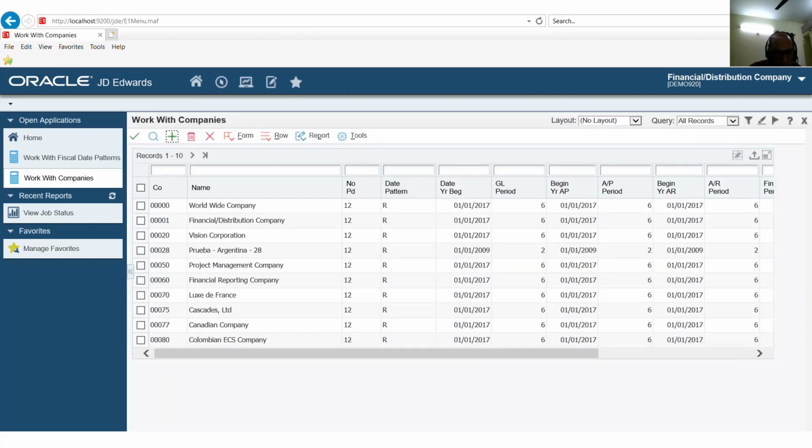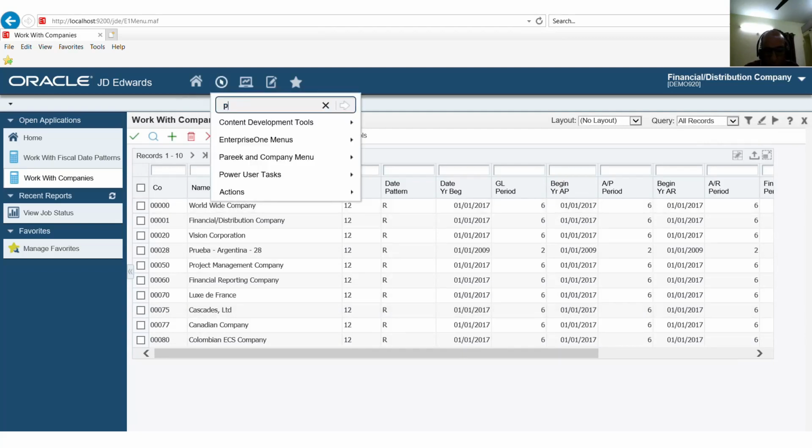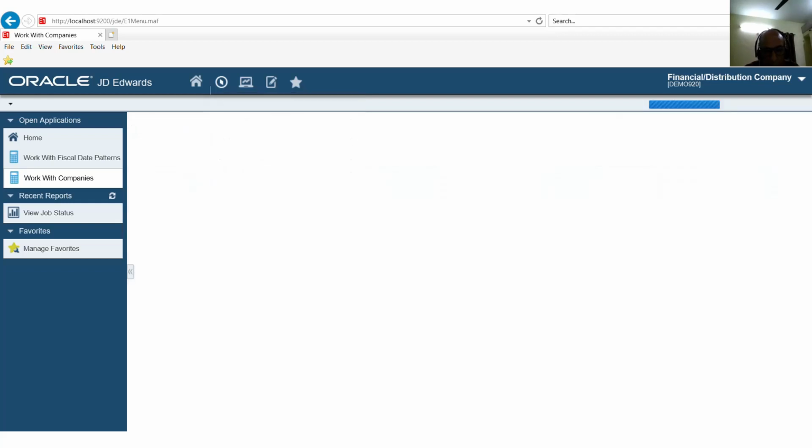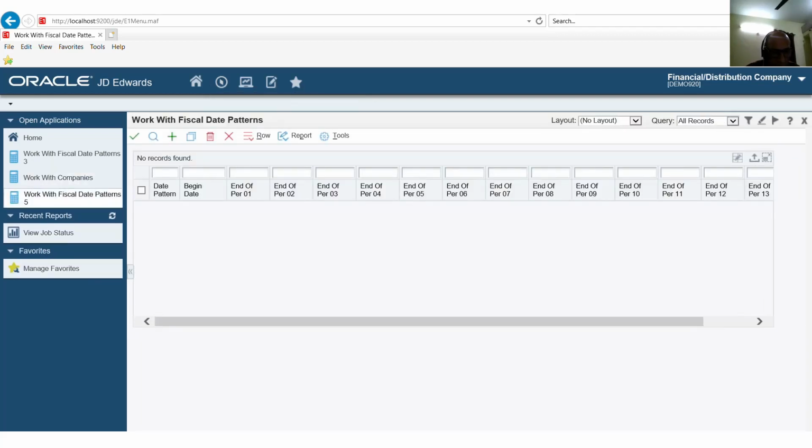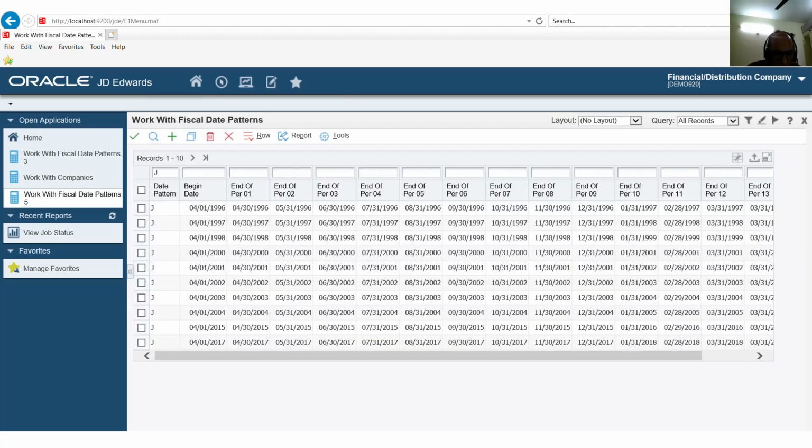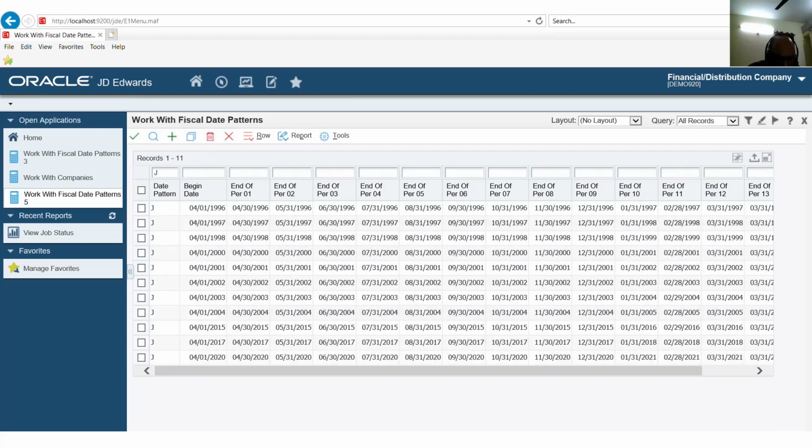Here in P0008 I am checking what the fiscal year is. The last one is 2020.